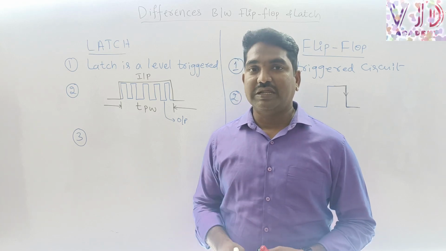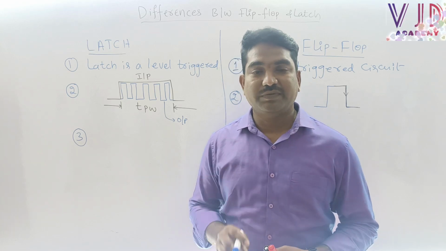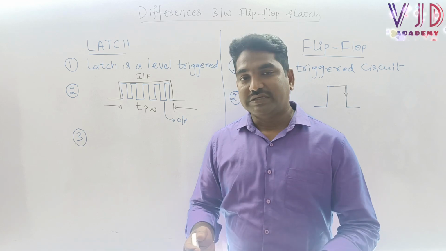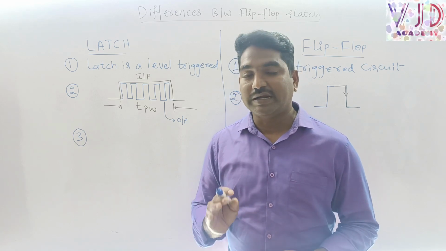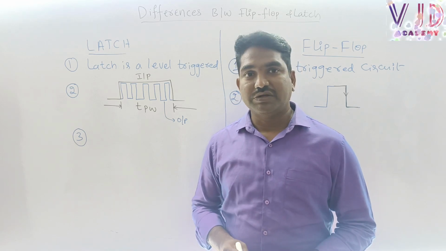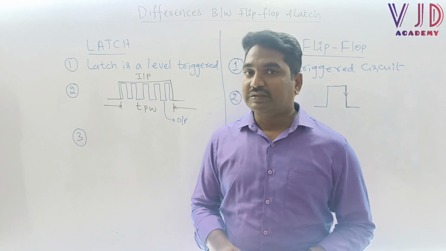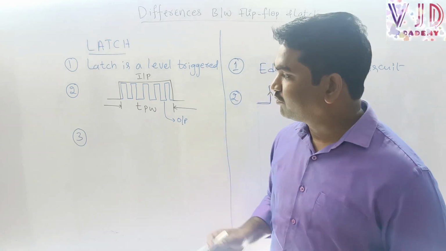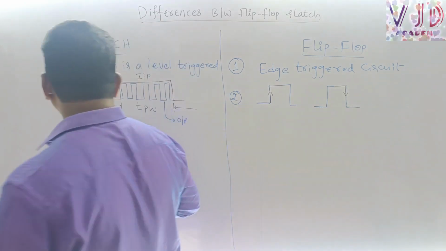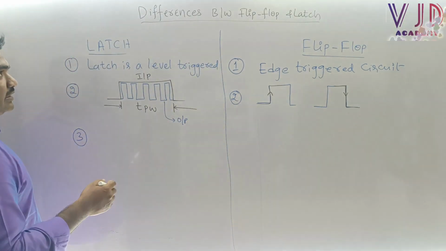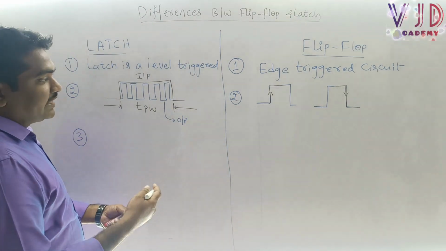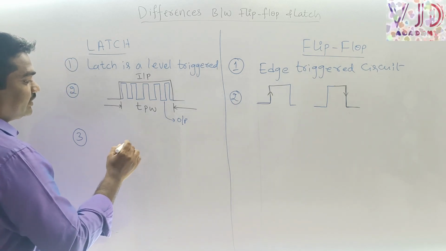So throughout digital electronics, we have seen three types of universal circuits: two types of universal gates, NAND and NOR, and one universal circuit that is called a multiplexer. That is the beauty of digital electronics. And now coming to the third one, a latch can be designed with the help of NAND gates